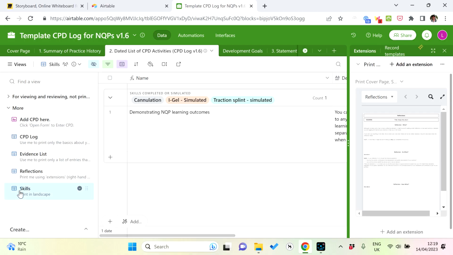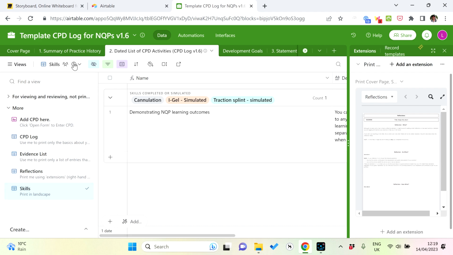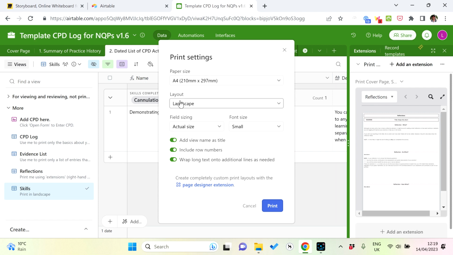The next one to print is the skills section, which is optional. You do not have to include this in your portfolio if you don't want to. I've simply written print in landscape here, and if you click on the print options here, again A4, landscape, actual size, small, print,